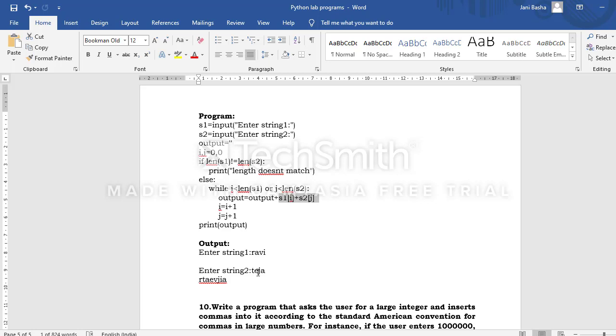A. S2 of 1, E. So AE should be combined. RT should be combined first and then AE. Again I is incremented, J is incremented, like that the loop has to repeat until it completes all the letters. When it completes all the letters, the loop condition fails and we come out of the loop. We stored our output in the output variable, so simply print that output variable and we'll get the message.